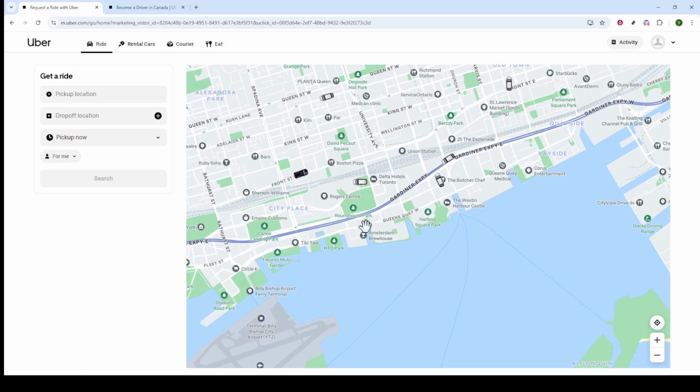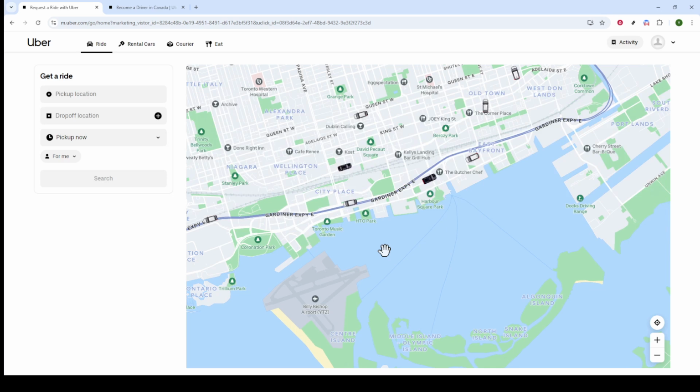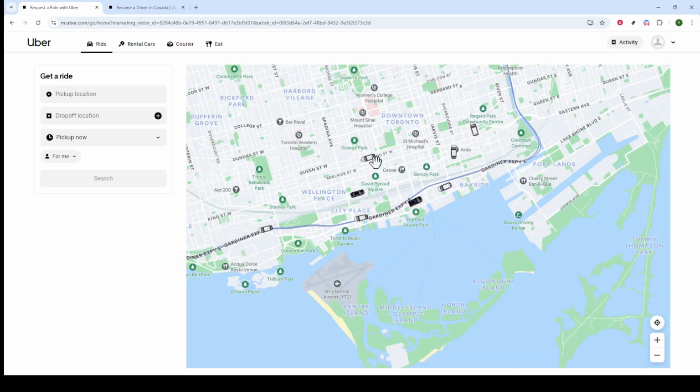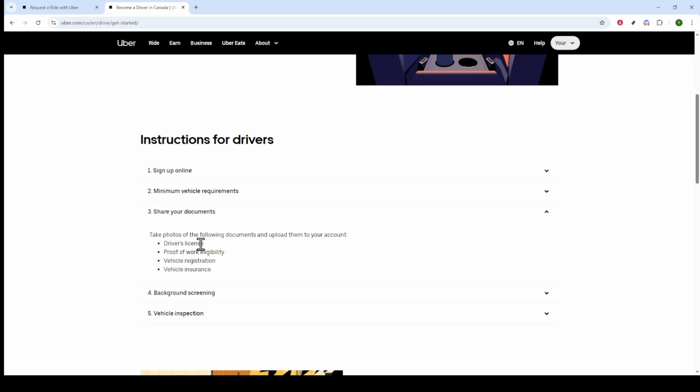After your basic information is submitted, you'll be prompted to upload your supporting documents. Don't rush this part. Ensure that all the documents are clear and legible before uploading. Now, Uber will conduct a background check to review your driving history. Keep in mind that the timeline for this can vary. There could also be some additional location-specific checks required depending on your area, so be prepared to follow any extra